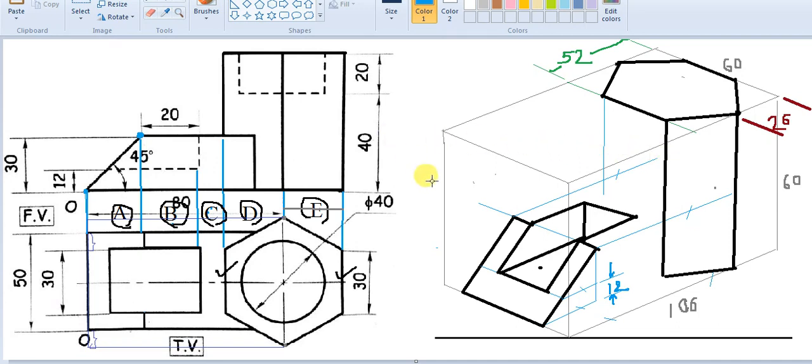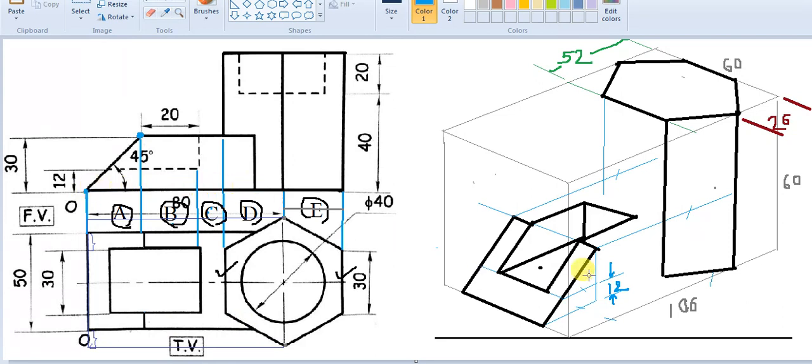Now the next logic says that this particular edge, which we have already drawn, goes and meets the surface over here, which means not only in the top but also in the bottom that line goes and meets that particular hexagonal shape.